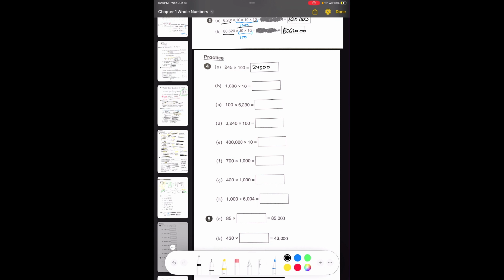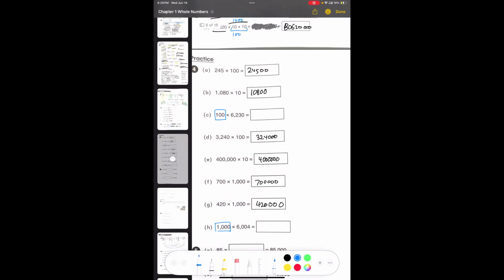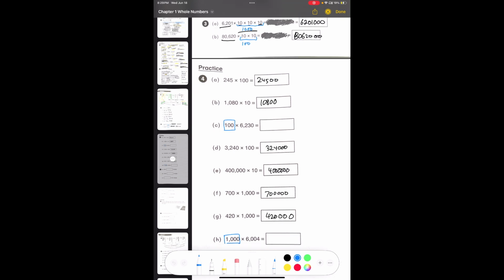24500. I'm going to assume we all know how to do this already, so I'm going to skip ahead to when I have filled this out, and you can. Anybody wondering why did I leave these two empty? It's because they have the hundreds and thousands in front of the number. So we're gonna need to do